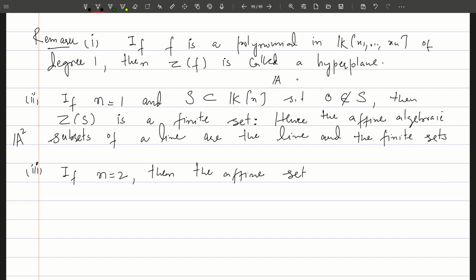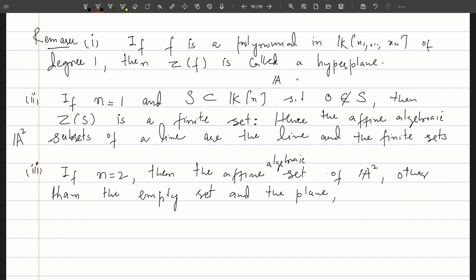So the affine algebraic sets of A^2, other than the empty set and the plane, are the curves